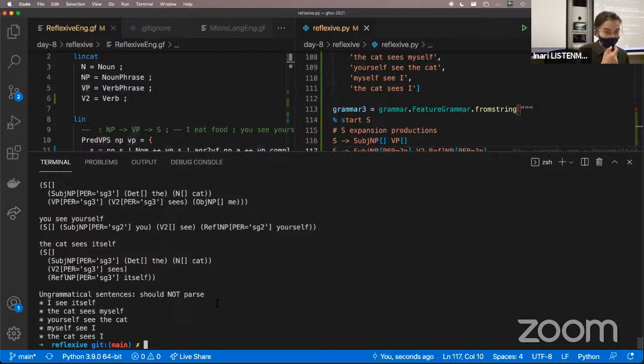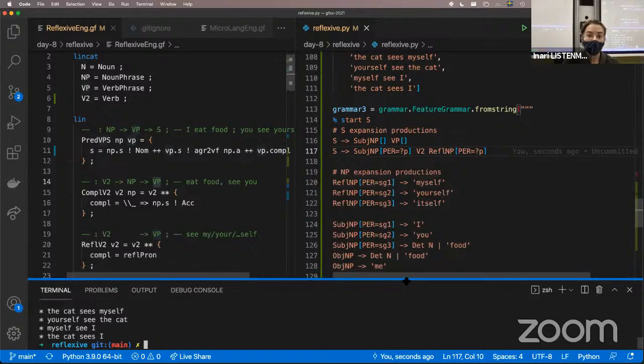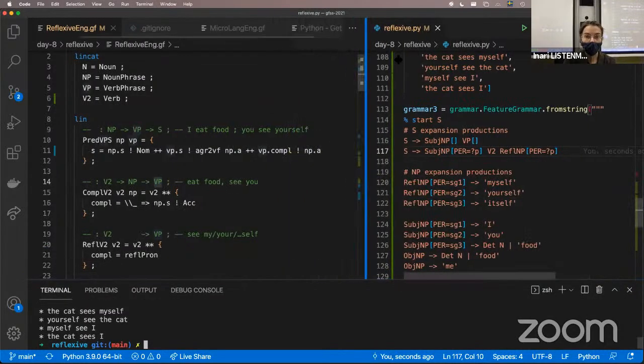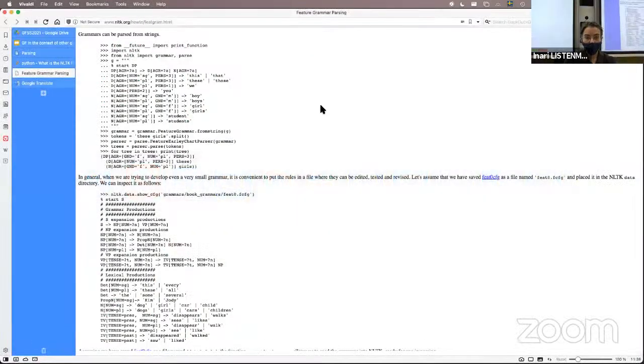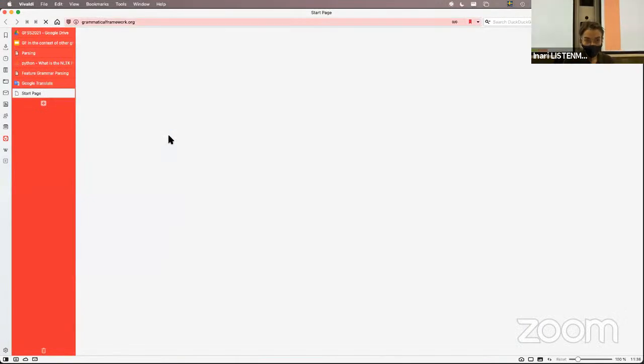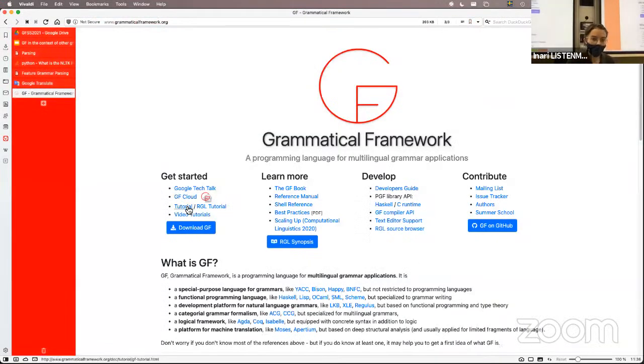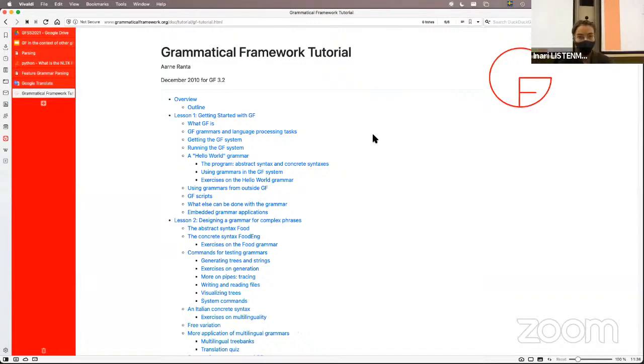So could you translate your grammar to GF, for example? Yeah, I mean, systematically. Certainly you could. I don't know of any tool that could do that. But GF can actually read context-free grammars, not in the Python NLTK format, but there is, let's see,